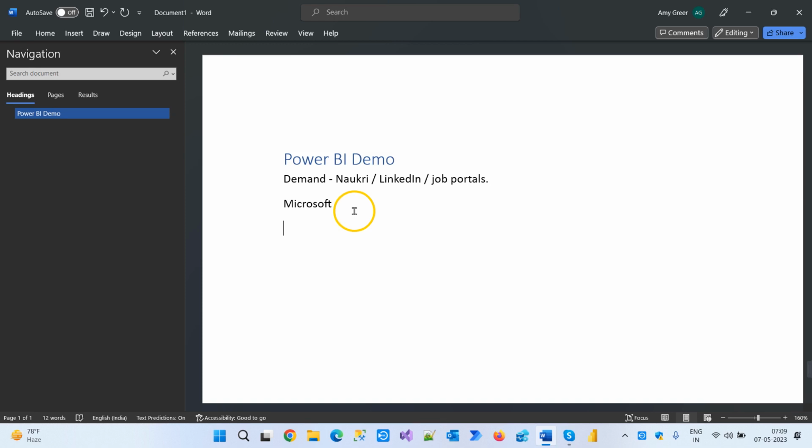From self-service BI to enterprise BI, from one person to thousands of people using it at the same time, it caters from a single user to unlimited users. That is their goal, and that's how the market is being grabbed at this point of time. So keeping all this in mind, we understood Power BI. Not only that, you can also go for